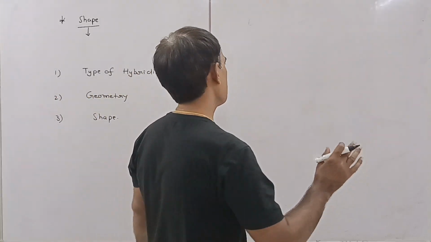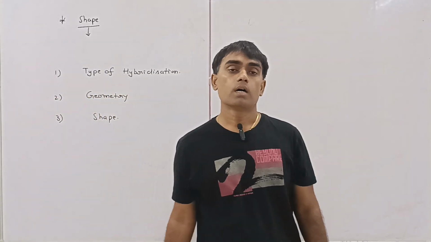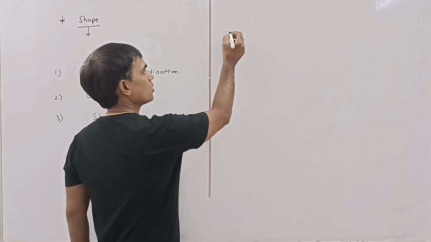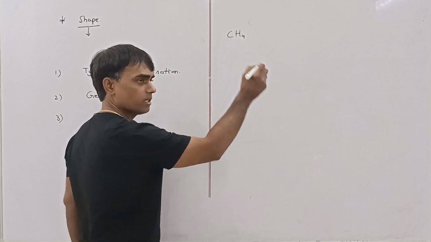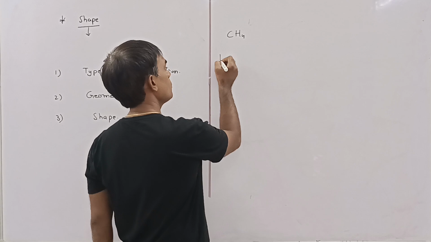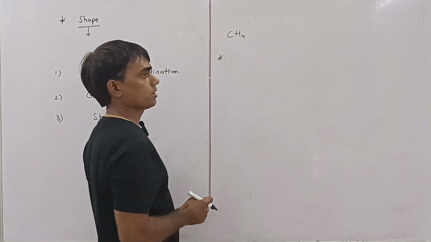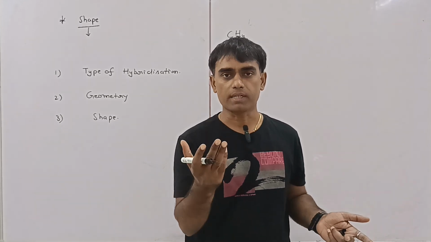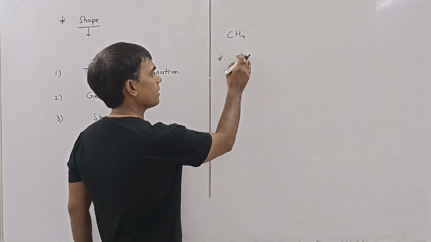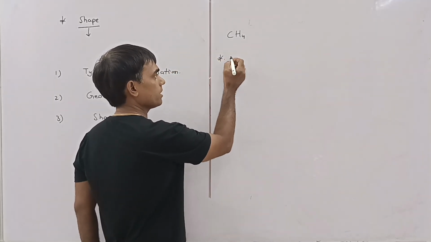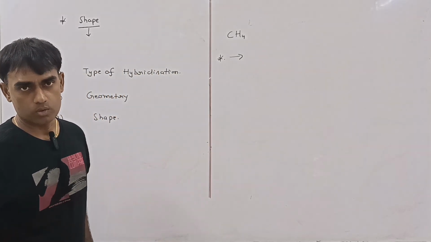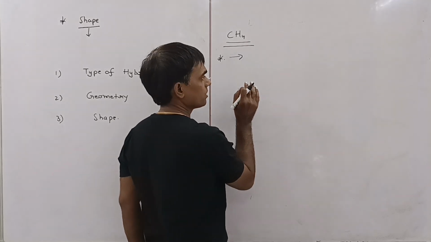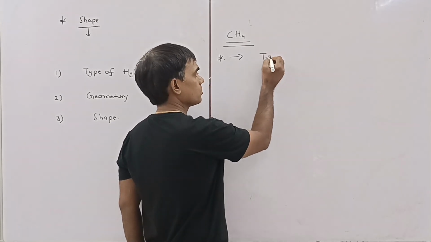There are so many molecules in chemistry, you can't remember a large number of shapes of different molecules. Let us take an example. You have to find out the shape of the CH4 molecule, for example. Now you have to find out the type of hybridization, so you can't just remember it. Sometimes the hybridization is different than you expect. So to find out the shape of the molecule, the first important thing is to find out the hybridization. During the declaration of the hybridization, you have to follow the trick.